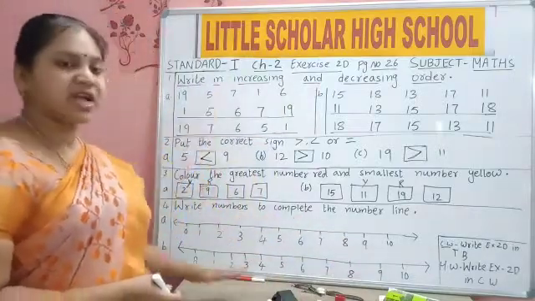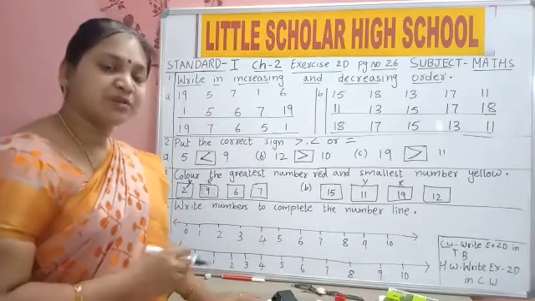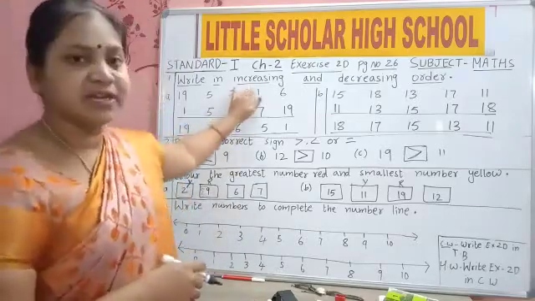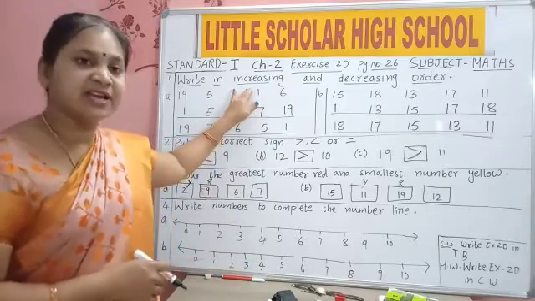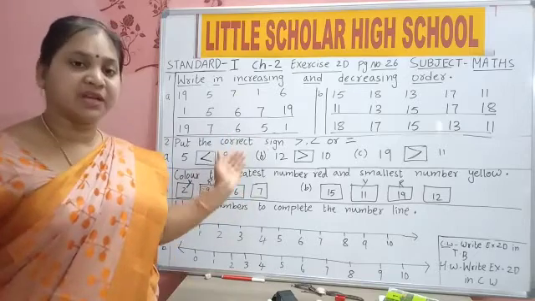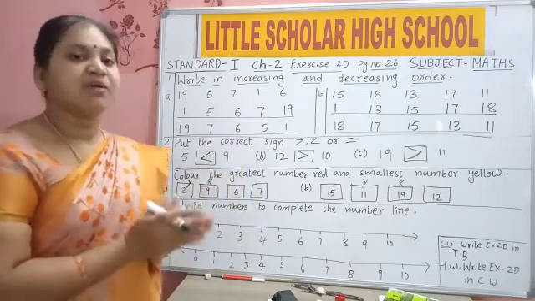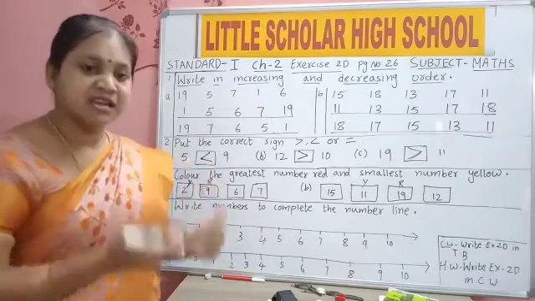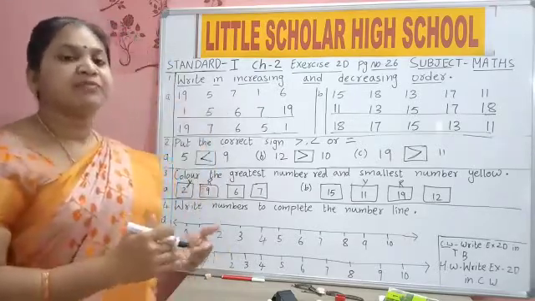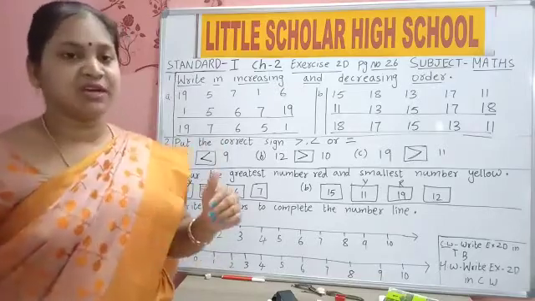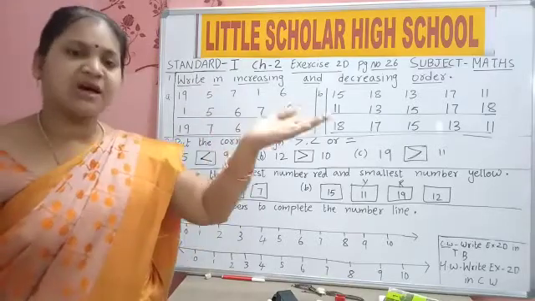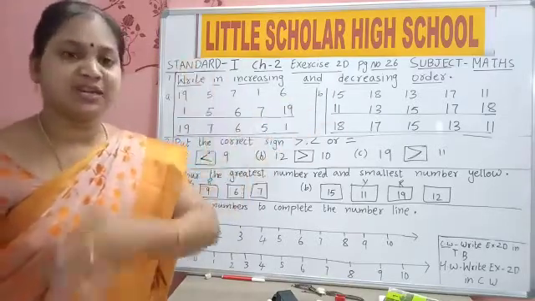These all you should write first in your textbook. From your textbook, copy it in your classwork very neatly. Increasing order means writing the numbers from smaller number to greater number. Decreasing order means from greater number to smaller number. Whichever number comes first is your smaller number. Now 12, then 20. Which number comes first, 12 or 20? Yes, 12 comes first. So 12 is smaller than 20.